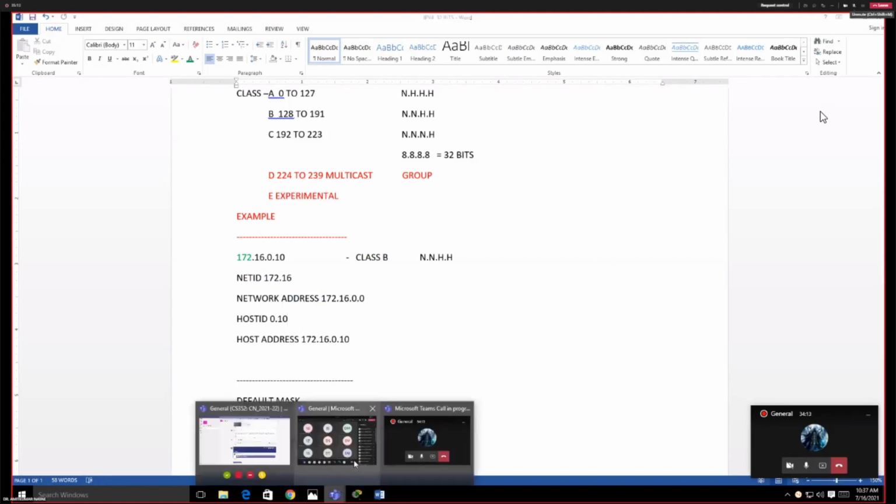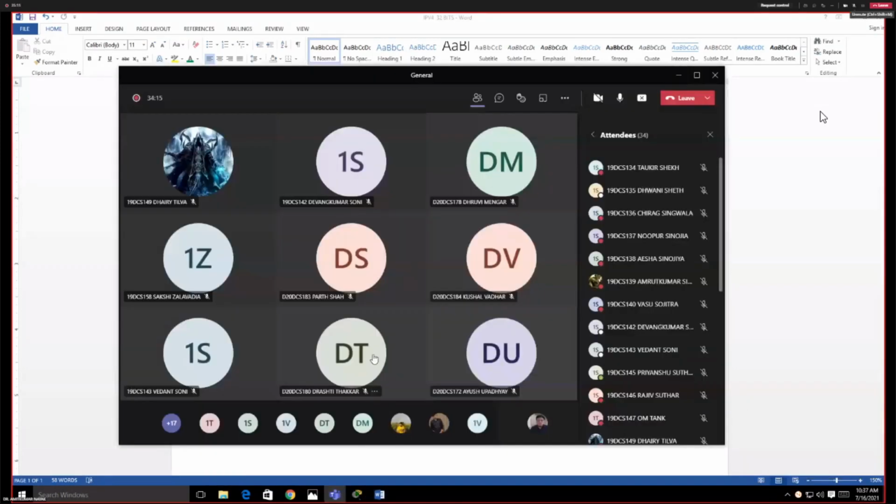Please concentrate on the document which is shared with you and the document which we are discussing. It is the most simple practical, practical 1 which we are discussing, because you have the knowledge of switch, hub and all. And if you don't have the knowledge of switch and hub, or of the cable, like you might have learned in DCN